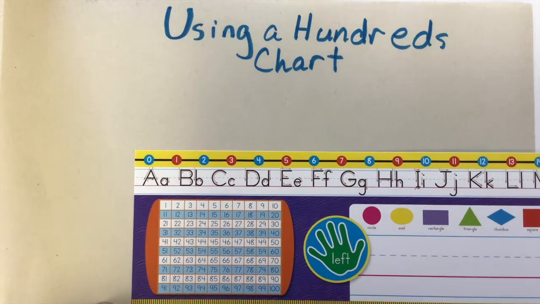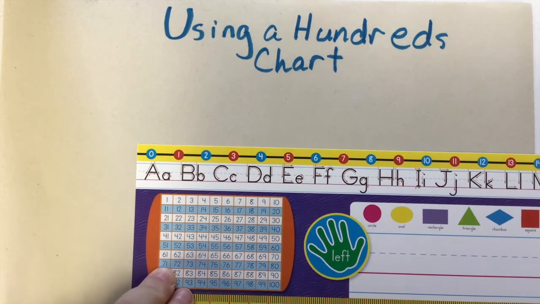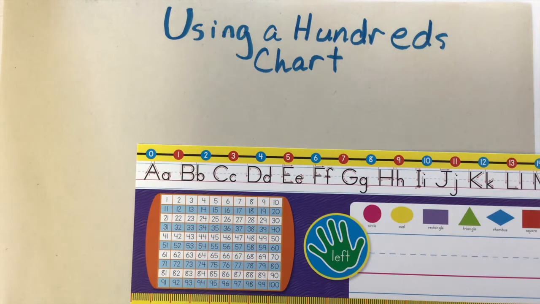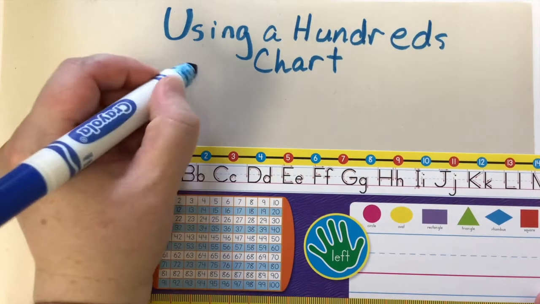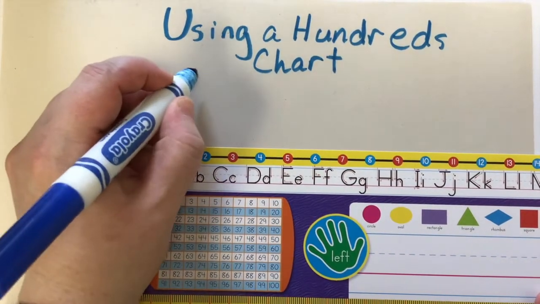Now I'm just borrowing a name tag that I have on all my students' desks, and lots of teachers have ones similar to it. If not, they're pretty easy to make, not a big deal. You can probably get a picture of it online and it's all good. But I want to show an example of how you can use a hundreds chart to add larger numbers. So here we go. Let's say we have